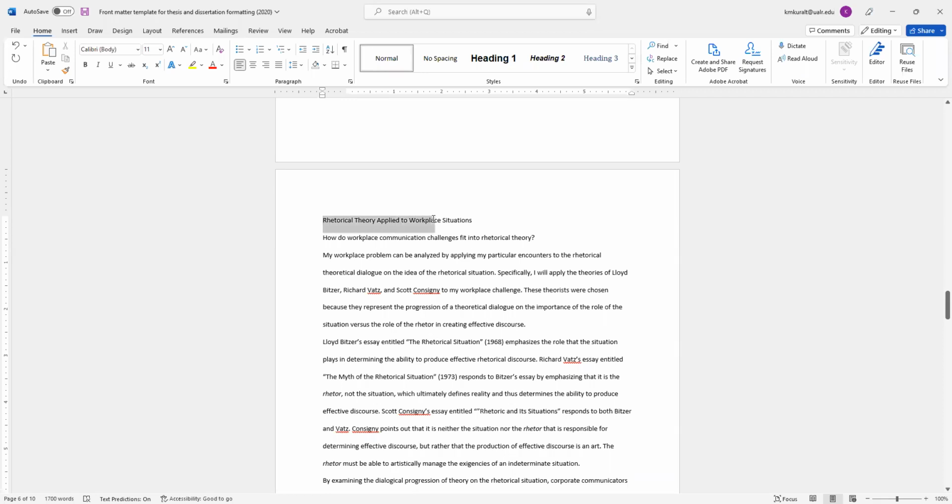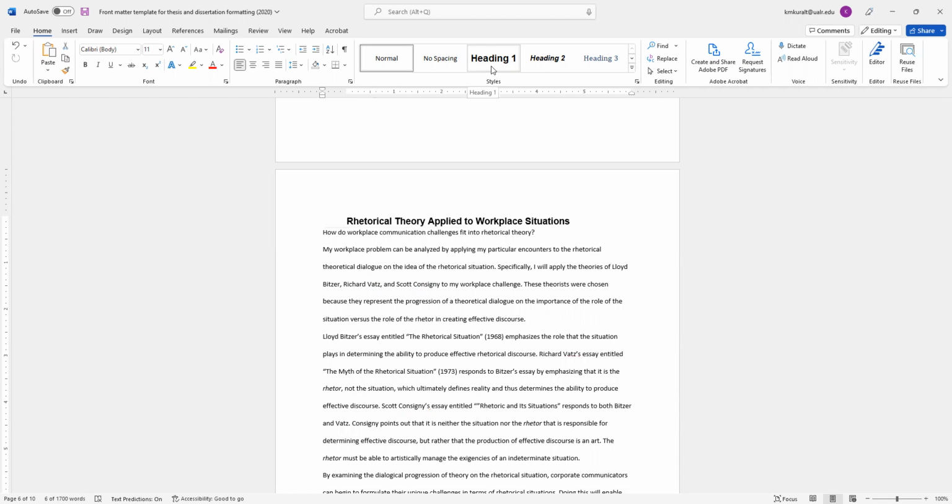All right, so this is the main level heading in my document. That is a heading I would want to appear in my table of contents. So I highlight it and I come over here to this section called styles. And notice that currently the style is normal. I need the style to be heading 1. Okay, so I click that. Now look, it did a stupid thing. Like it indented it, which I did not ask it to do. And now my spacing is messed up. So now I need to come in here and modify this style so I can fix the formatting to be what it ought to be.